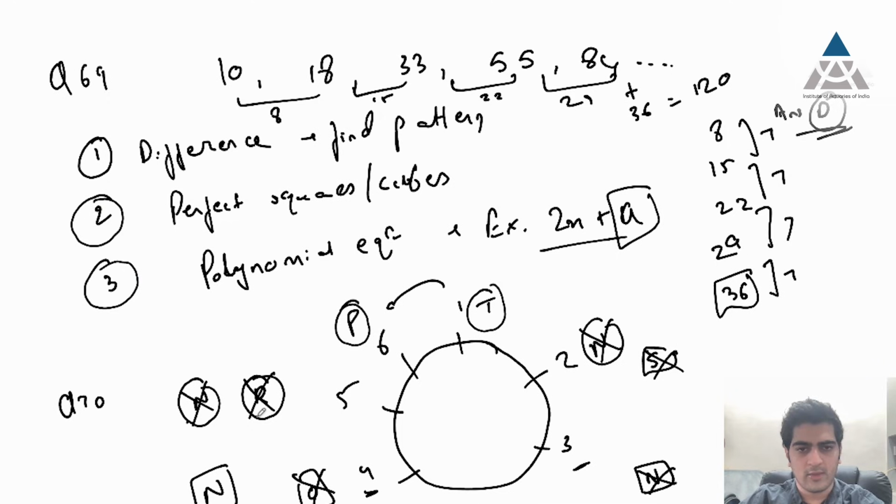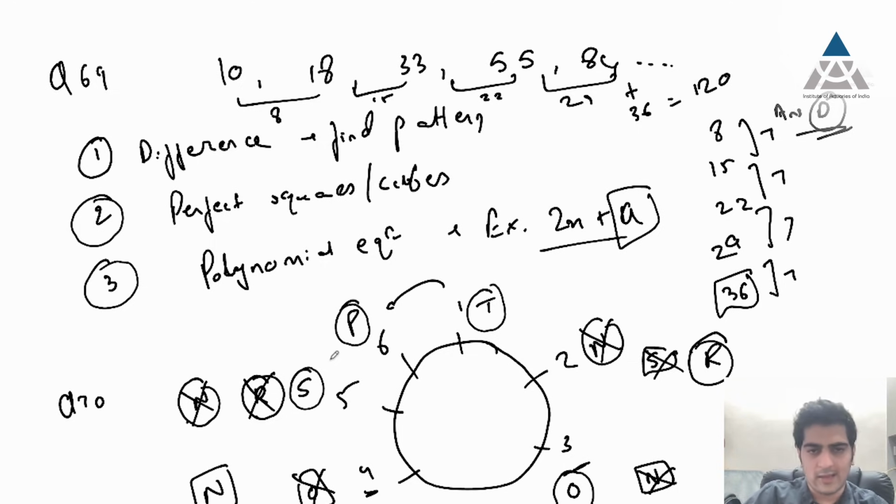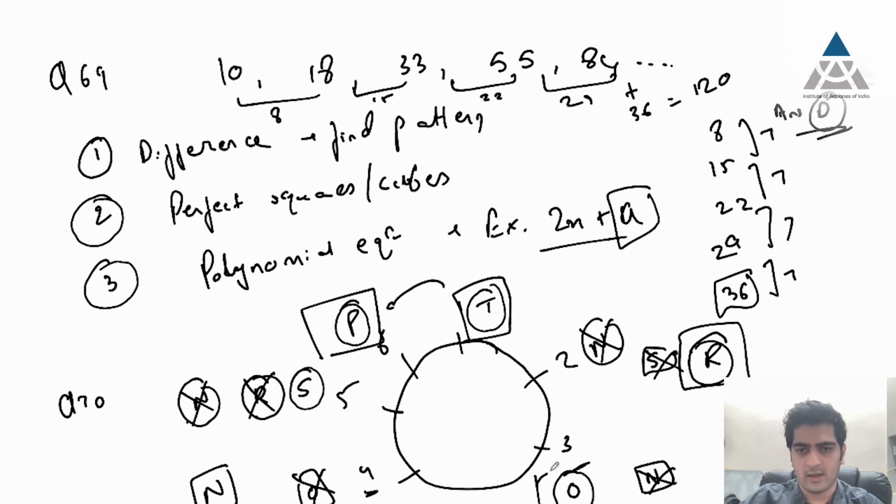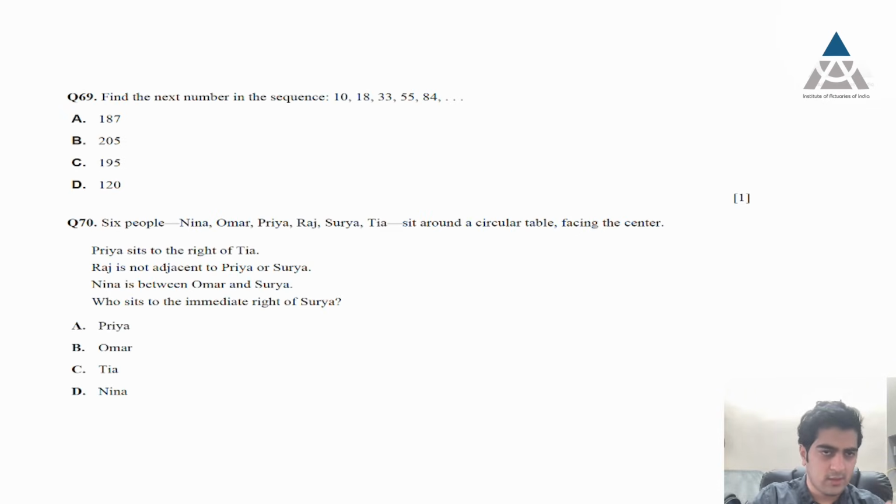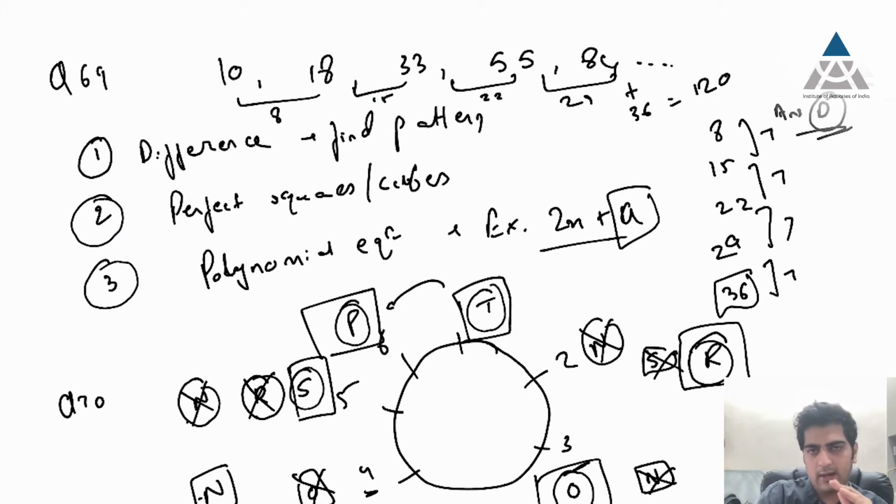So here Nina is not there, Raj is not there. Let's have Surya over here and let's have Omar over here. Now the only one left is Raj. Can Raj be here? Yes, nothing stops Raj from being here and that's your sequence. So Priya, Tia, at 2 you have Raj, at 3 you have Omar, at 4 you have Nina and at 5 you have Surya. And you can just cross check all the requirements and all of these